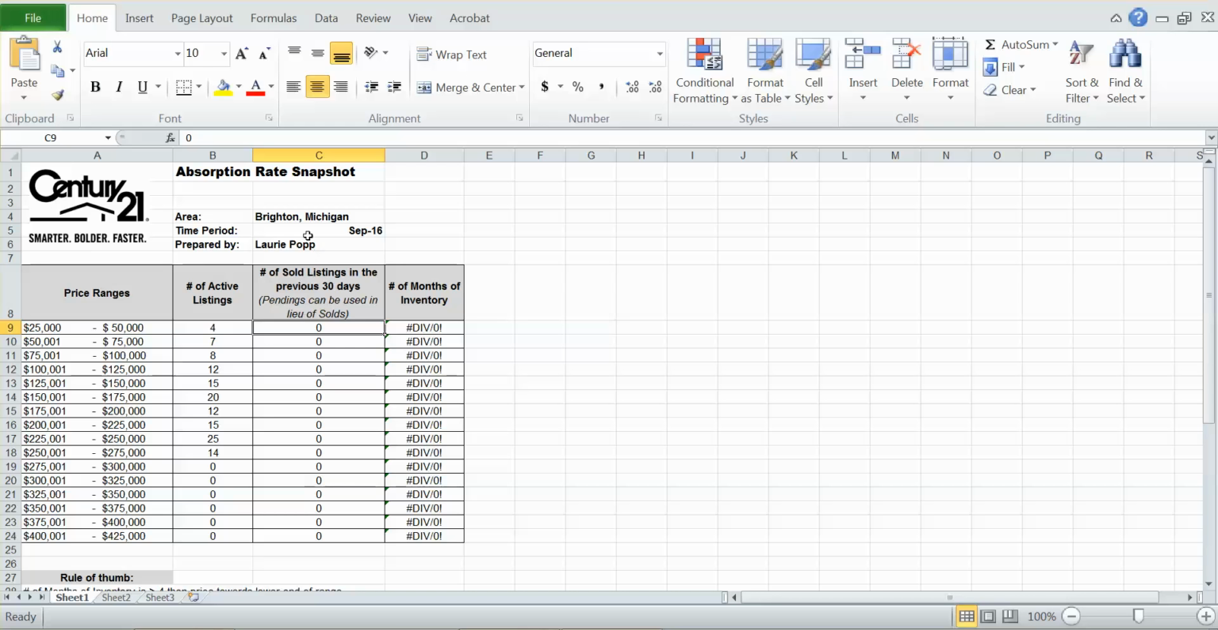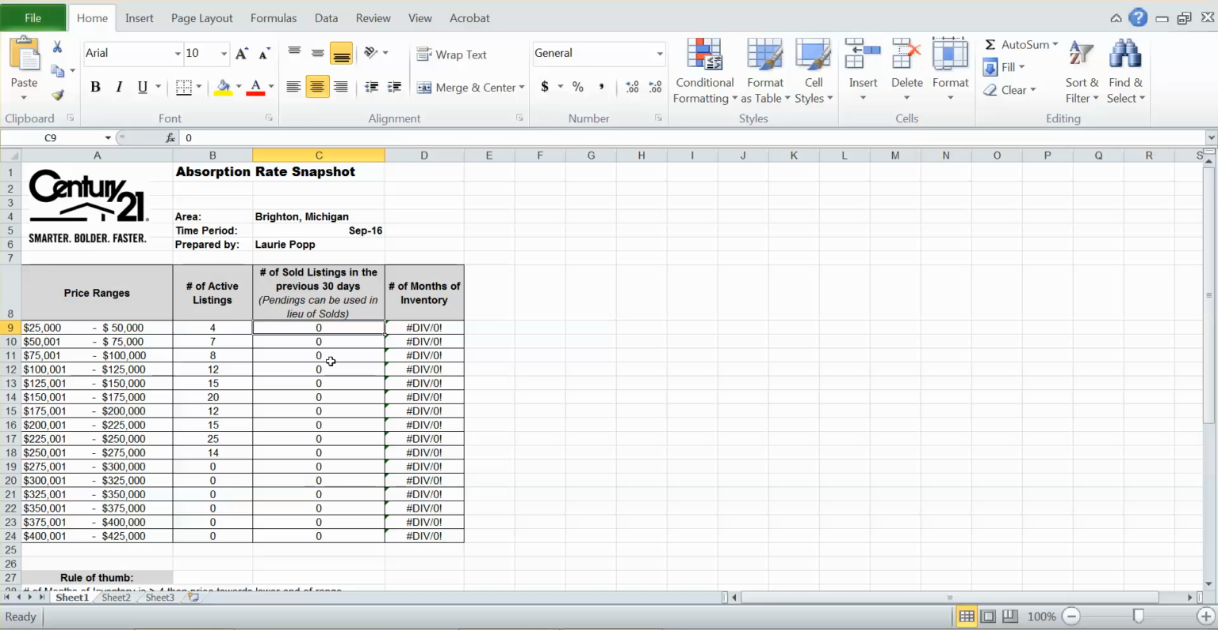So if I'm preparing this report for September, I'm going to look from September 1st to September 30th. Now, you can decide, do you want to put pendings in as sold? If you know that most times pendings do make it to the closing table in your neck of the woods, then absolutely I would include them. If you have a high fallout rate for your market, then perhaps you don't want to include the pendings as